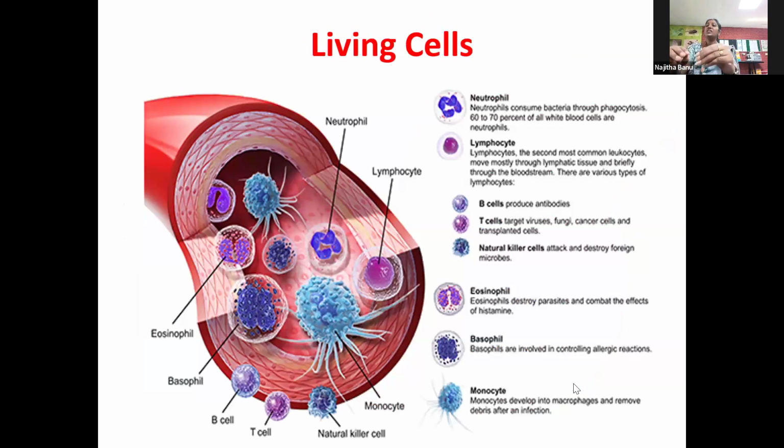Okay, the living cells: RBC, WBC, as well as platelets. The RBC looks like a simple donut-like structure. You might be aware of donuts, or otherwise we can call it in South Indian, medu vada, right? So the donut-like structure, and then WBC. WBC means white blood corpuscles. The white blood corpuscle plays a very important role in maintaining your immune system.